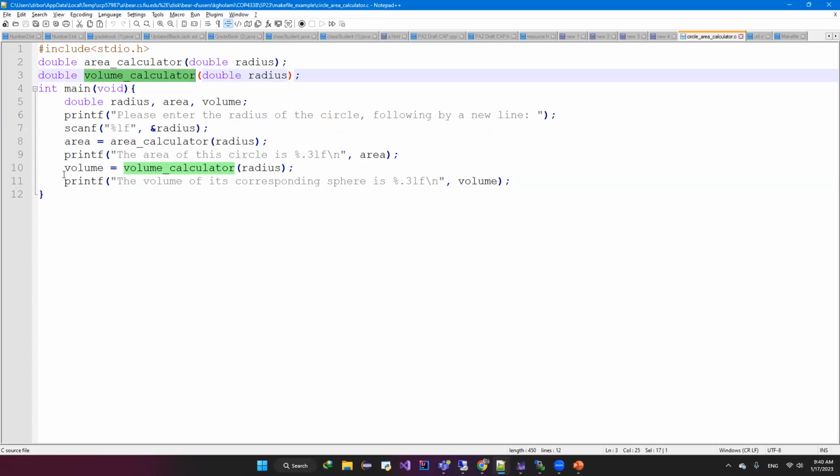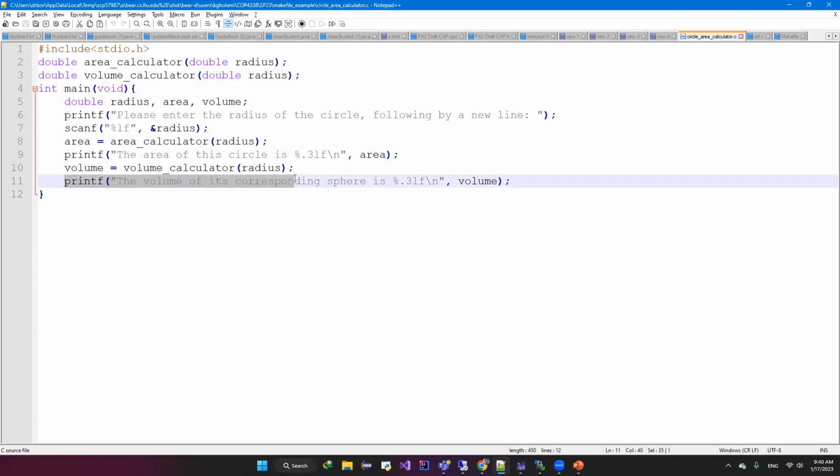And then I will have a printf where I print the volume of its corresponding sphere. So a sphere with the same radius has a volume, and we're going to calculate the volume in this function, and we're going to print it out. Now,